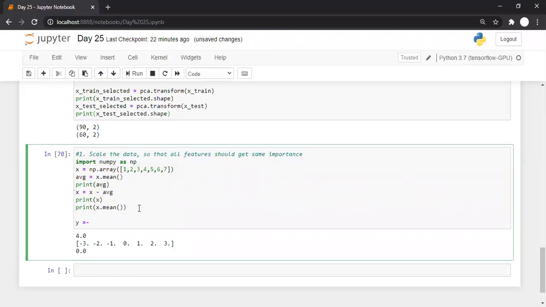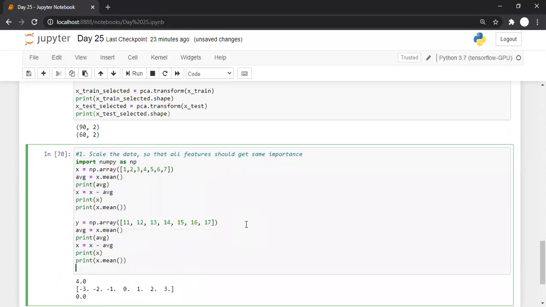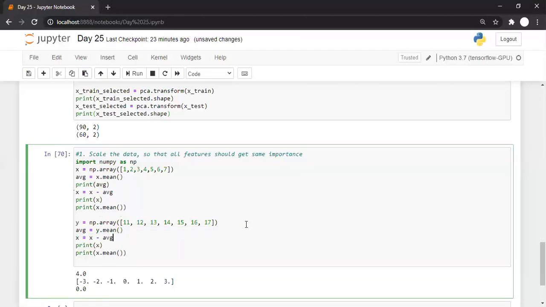So this was x first. Let us check this for y. y is equal to np.array, and the values are, let's say, 11, 12, 13, 14, 15, 16 and 17. Let's repeat the same process for y. We calculate the average of y, I don't want to print the average, then we subtract the average from every element of y.